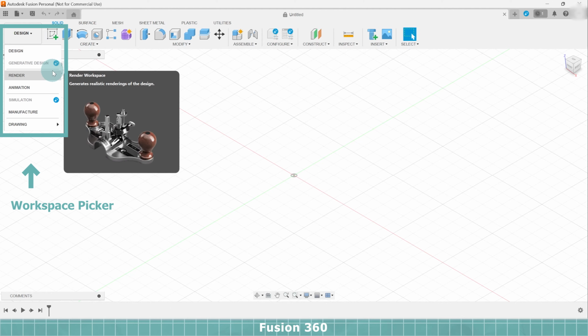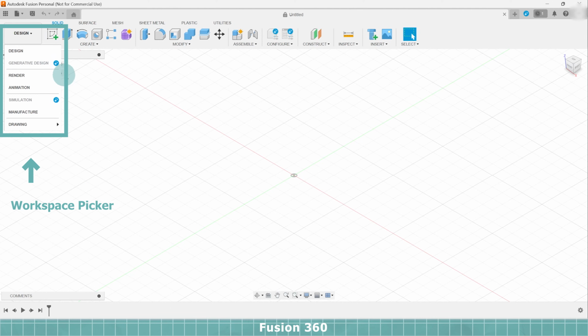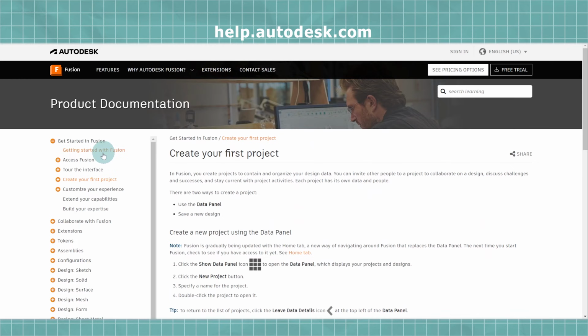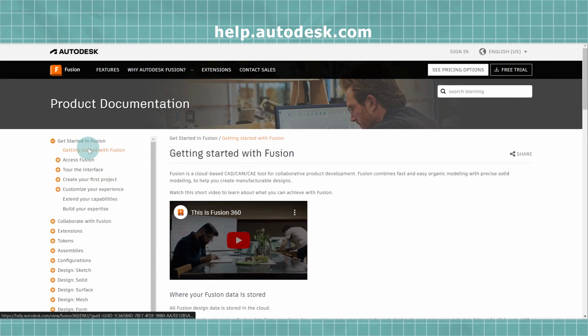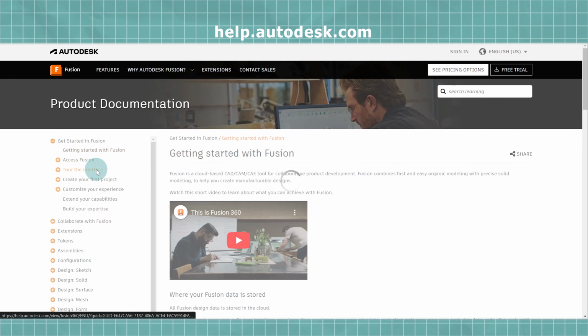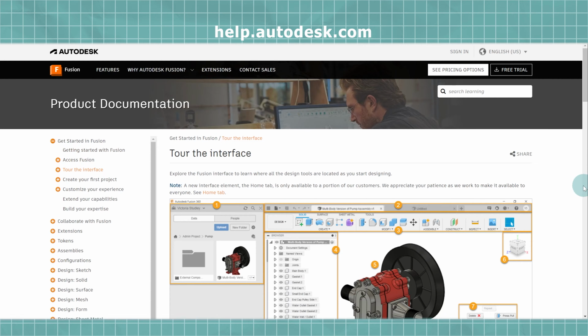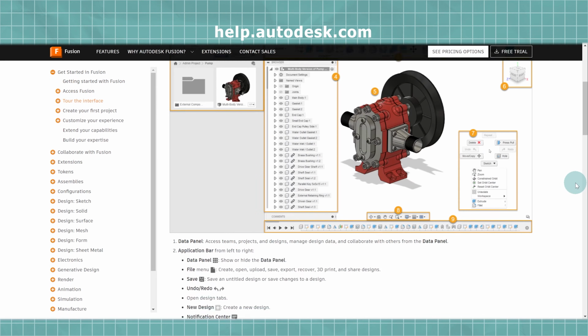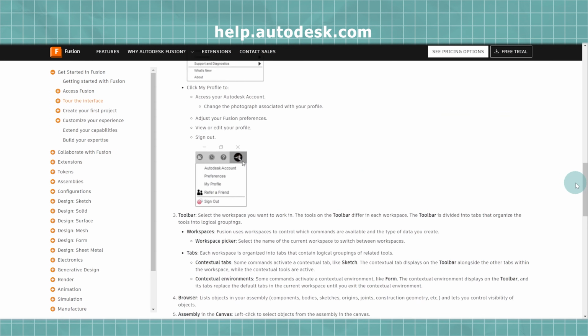We won't worry about workspaces too much for this video, but maybe in the future I can go over it in more detail. By the way, I've linked the product documentation for Fusion in the video description so that anybody who's interested can check it out. The product documentation gives a thorough breakdown of all the program features, and it has lots of visual aids so